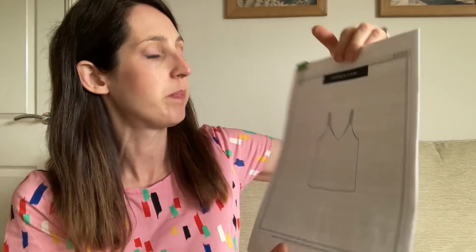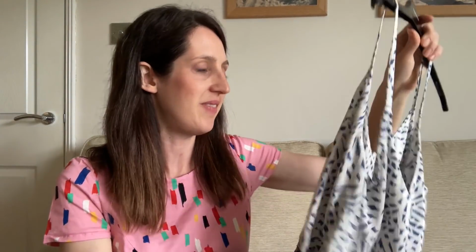changes to the pattern. The straps are slightly wider to accommodate bra straps underneath, and also some bust darts added in for shaping. But this version is really basic, no darts, just really simple. So I decided to use that as a base for hacking to turn into a tiered colour blocked maxi dress. So how I did that was, I'll show you my dress actually first so you can see what I'm talking